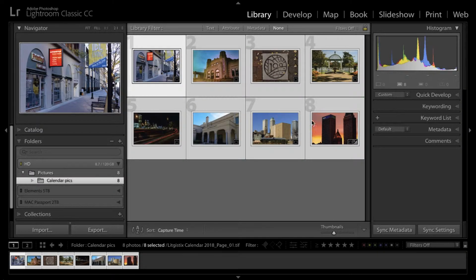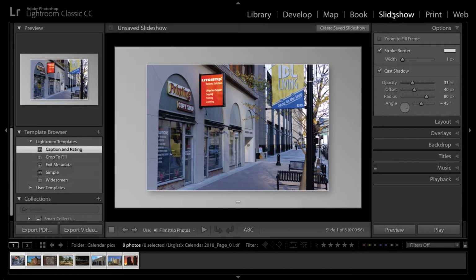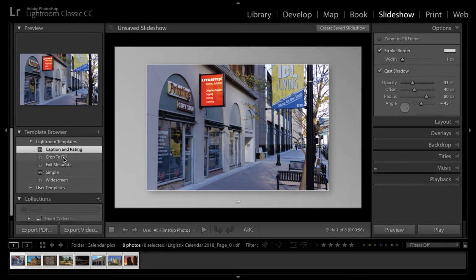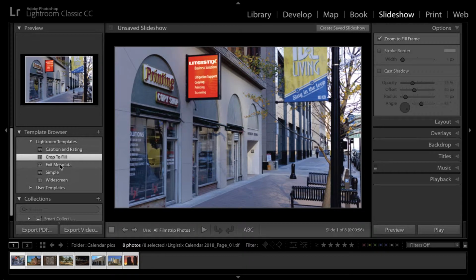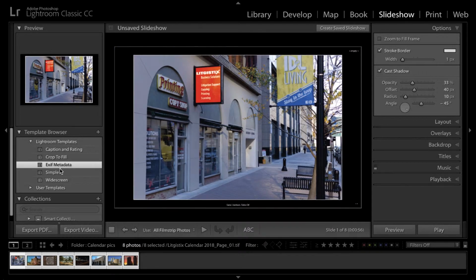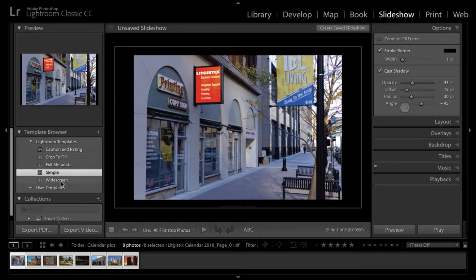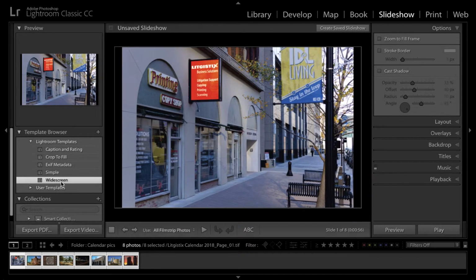In this tutorial, I'm going to show you how to build a slideshow in Lightroom. First, we'll select Slideshow at the top right. Then, how this is all set up, there are some templates that are set up here by default. You can click through each one and check them out, but the one today that we're going to use is